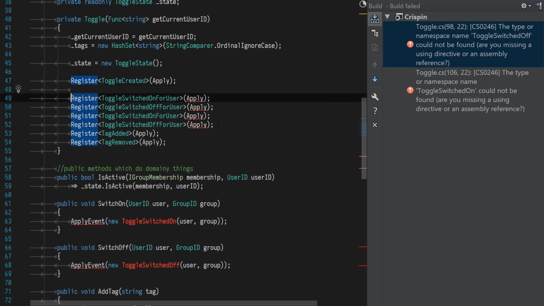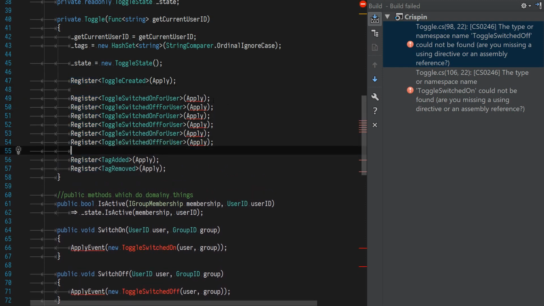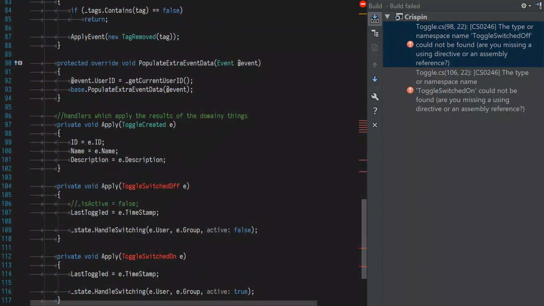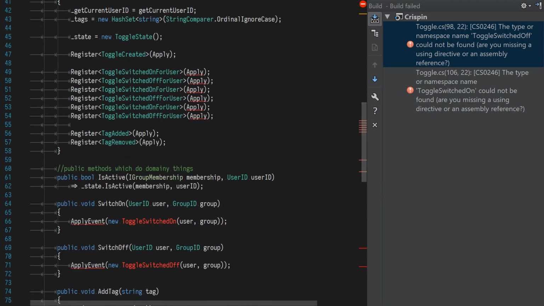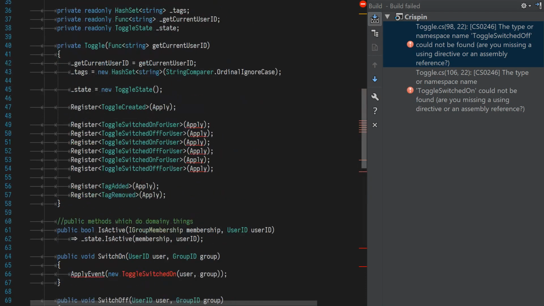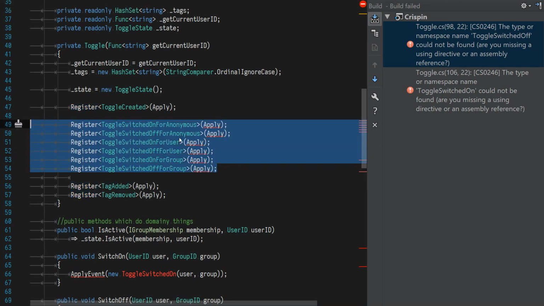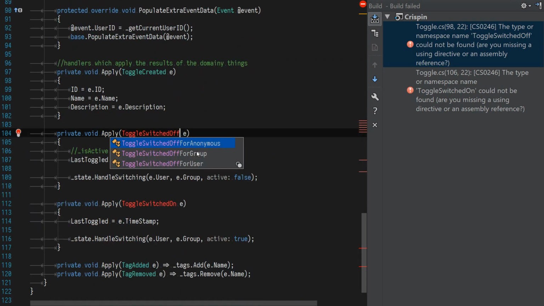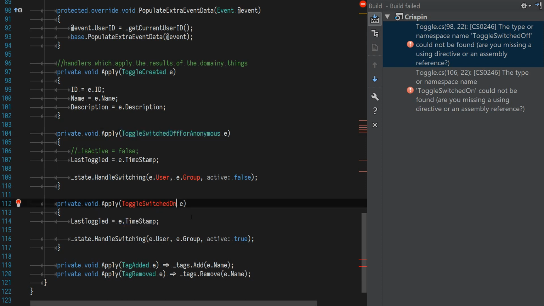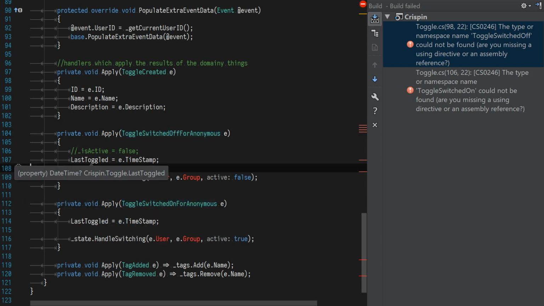Do this. Now, something that I could implement is a reflection-based registration. So rather than having to manually type these out, just having the existence of an apply method with an event in it. The downside to doing that is ReSharper marks everything as unused. It's not much of a downside, but I like this because it's explicit in what's happening. But the downside is you end up with quite a lot of these registrations, which could be an indication of something bad happening, you know, bad design maybe. Your class has got a lot of different things to do, but